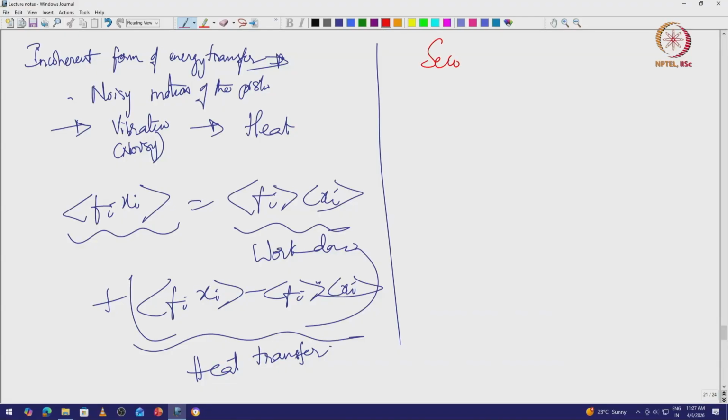There are other statements that say the energy of this universe is a constant. All these things are identical statements, but they do not give you this kind of a physical insight, the useful physical insight which is used to then solve problems and then build your engines, Carnot engines and things like that. Okay. So, then what comes after the first law? Of course, it is the second law of thermodynamics,